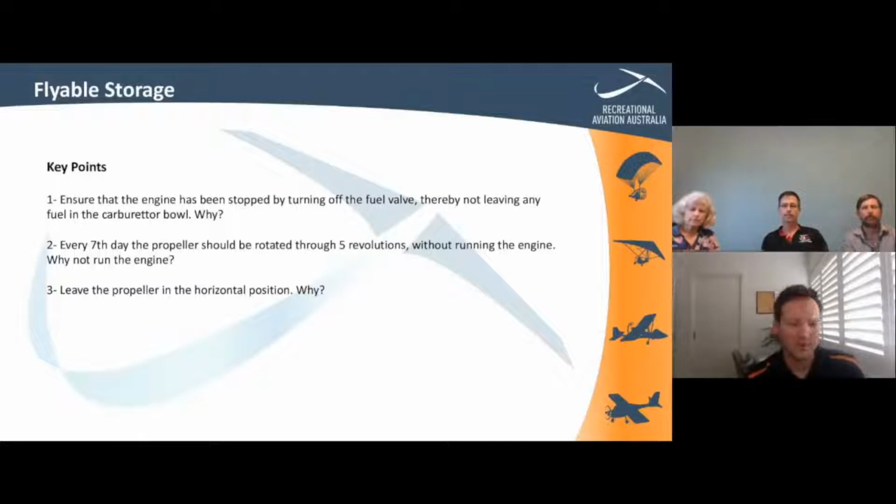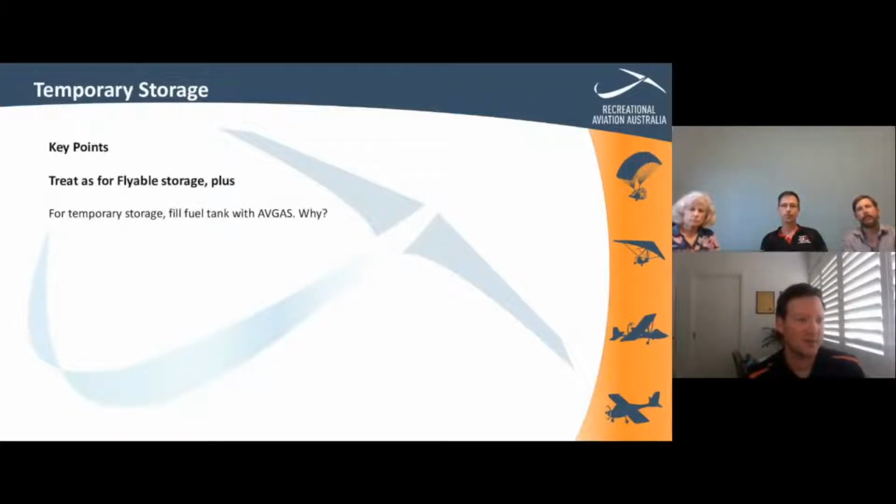Well, thank you for that. It's just following standard procedure. Yeah, it's good airmanship. So moving on to temporary storage, as you mentioned, this is up to 90 days, so up to 3 months. You'd be treating it in the same way as flyable storage,